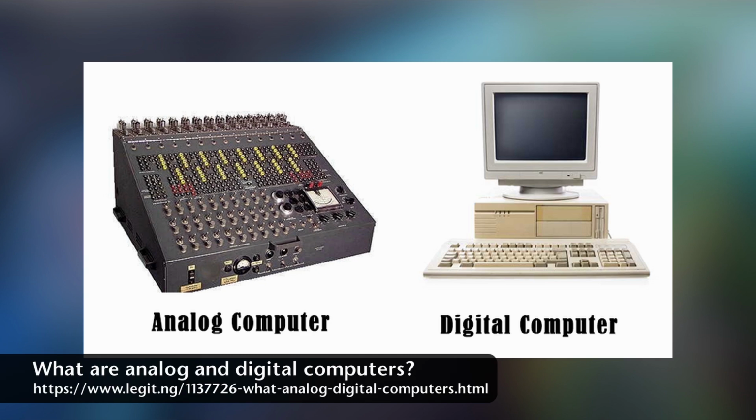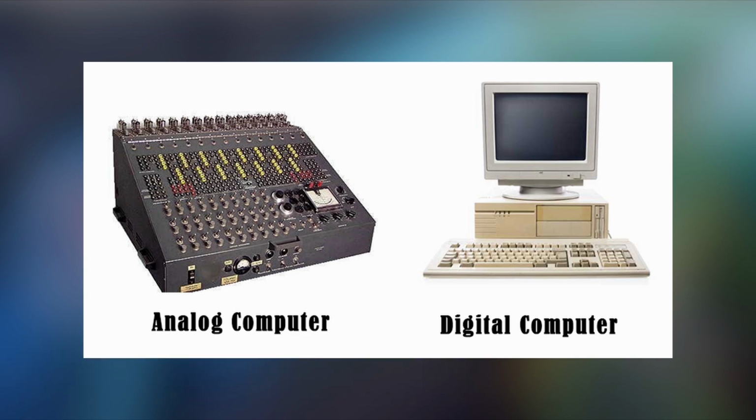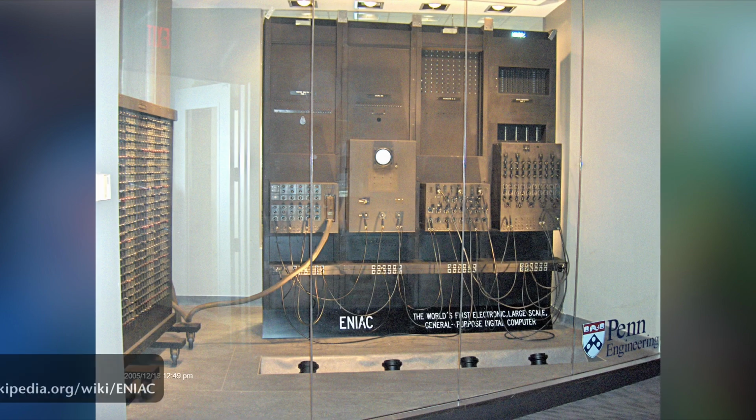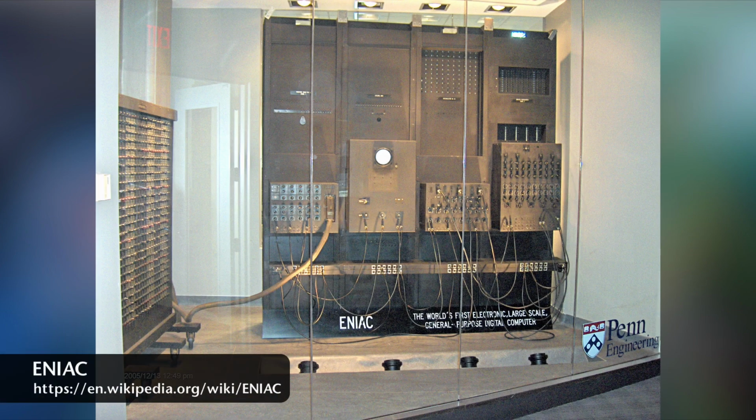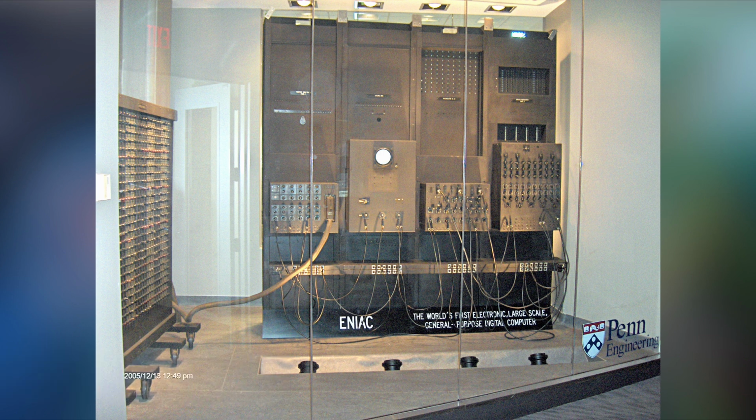The first fully programmable, so Turing complete, digital, fully electronic computer was ENIAC, which stands for Electronic Numerical Integrator and Computer. It was built for the US military in 1946. It was about the size of a large room, it weighed 30 tons, and in today's money cost about $6 million. Its processing power was trivial. A small digital watch today would have more computing power than it did. But nevertheless, it was the first modern computer, modern in the sense of being Turing complete,